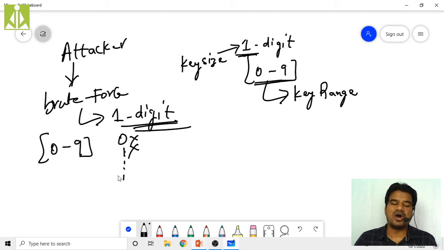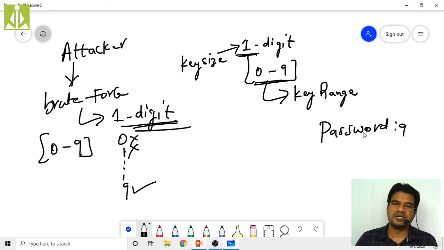Likewise, he tries all the keys up to 9, till he finds the actual key. So in our scenario, if the password is 9, how many tries does he have to make? If he tries 9 in the first attempt itself, then he will get the key, isn't it?